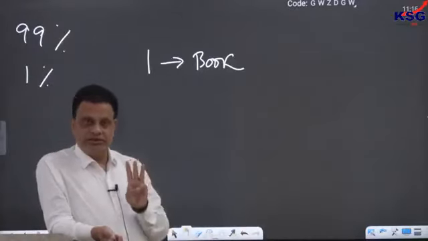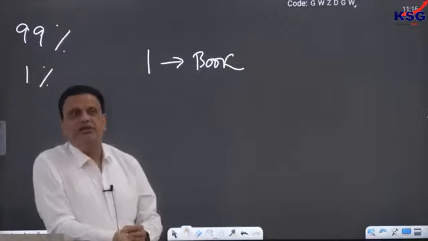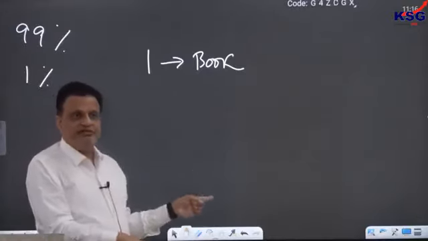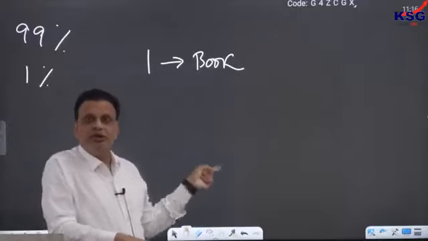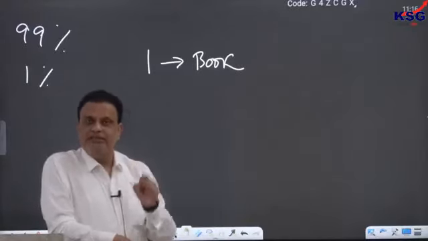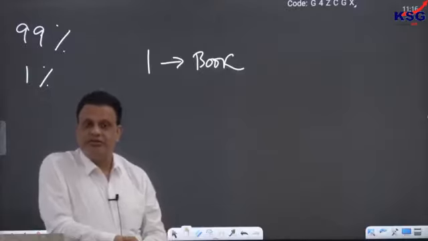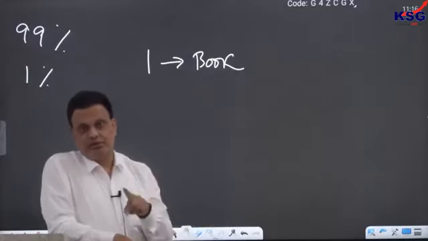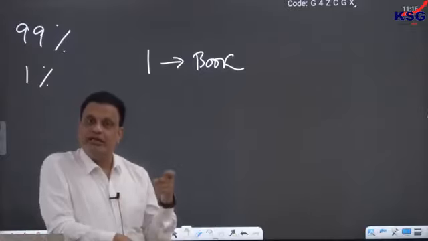You have a third liberty also. And what is that third liberty? Suppose you do not like this book and you are an intellectual person yourself, then as a response to that book, you can write your own book also. There is a famous quotation in the literature of liberty, all of you must have heard maybe, that the response to a book must be another book. Response to a book should not be a gun.